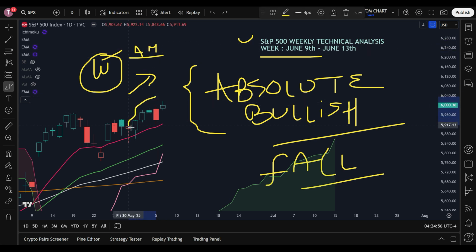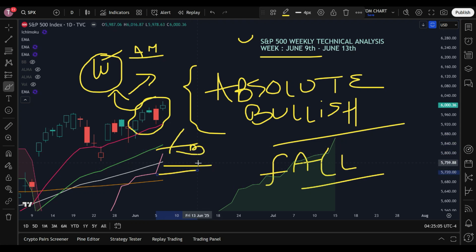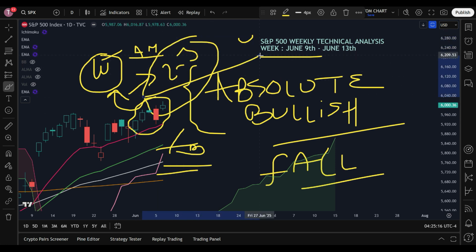But because of the formation of a good green candle on the weekly chart, the moving averages have now finally given a bullish crossover. So what does this mean? This means that now, at least for the next 2 to 3 weeks, S&P 500 has entered into a condition wherein any fall is expected to be limited and we can anticipate more bullish movement. However, there is a catch.